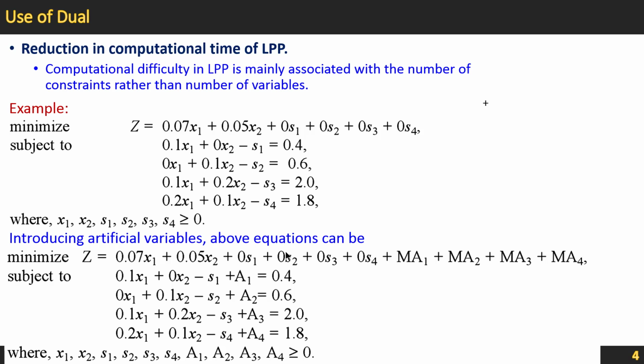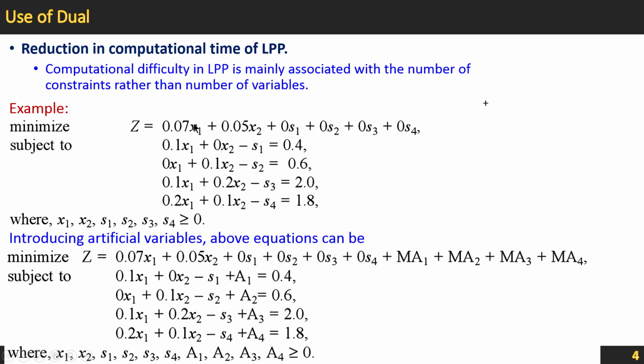So we can see one example, and through that example we will understand that. Let us see that there is a problem of minimization. Z is equal to how many variables? So actually x1, x2, they are the decision variables. These are the surplus variables, because it is minus, right? So these are minus, so they are the surplus variables. I have not given the original problem. After adding surplus variables, this is shown here.